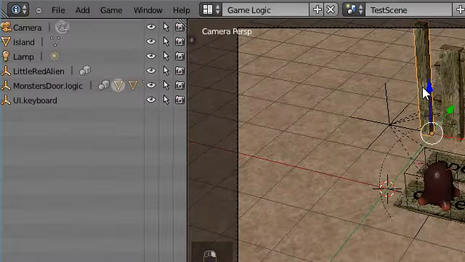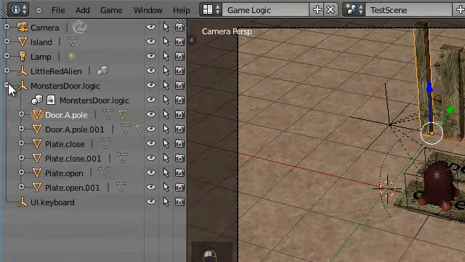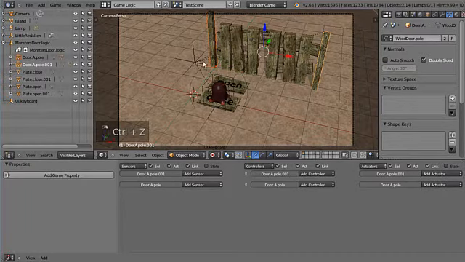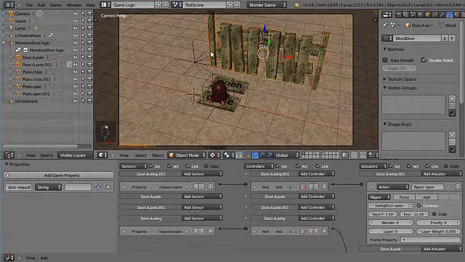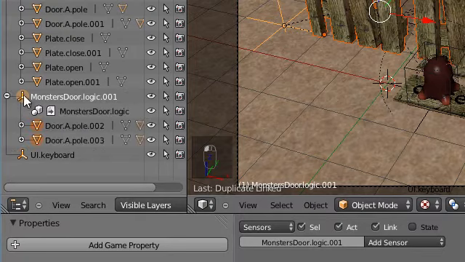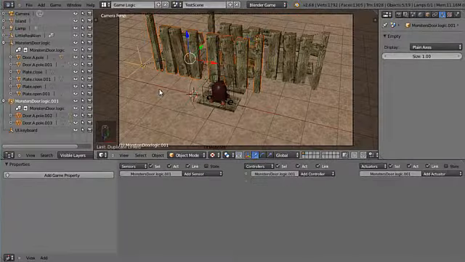When we look at the scene, we see quite a lot of objects that are part of a single door. This is fine with individual doors, but it makes it hard to deal with if you have several doors of the same type. For example, if you want to duplicate the door, you have to select and copy all parts of it. This can be tricky if you miss objects. A good way to deal with that is to create a group.